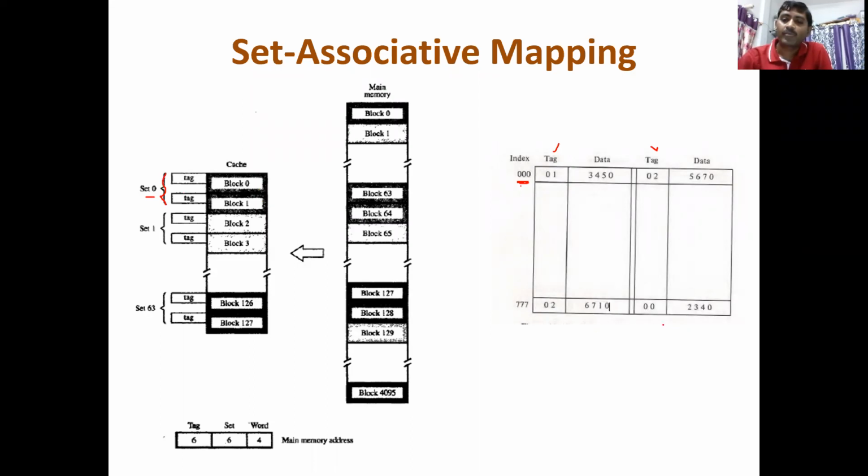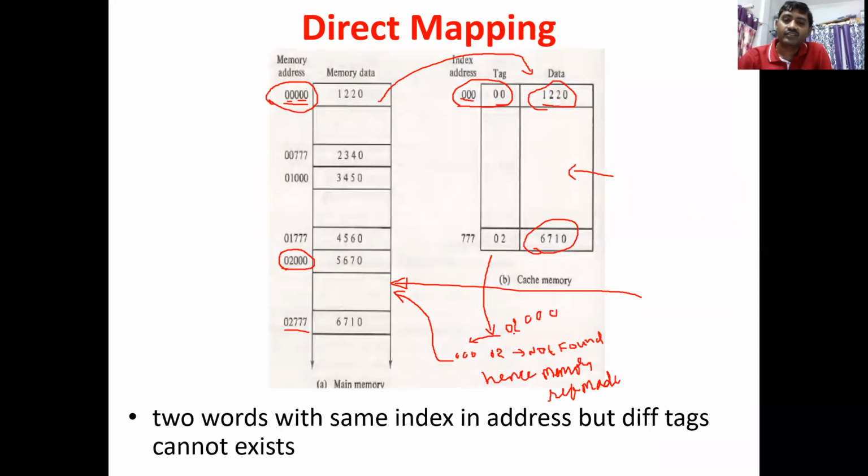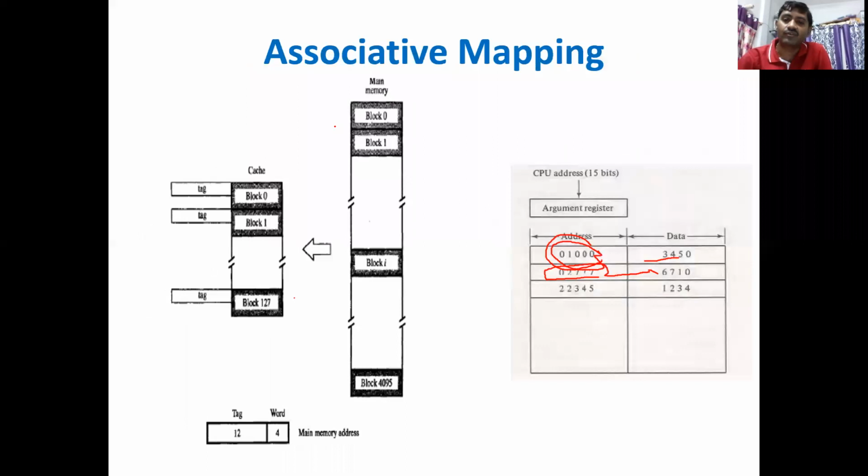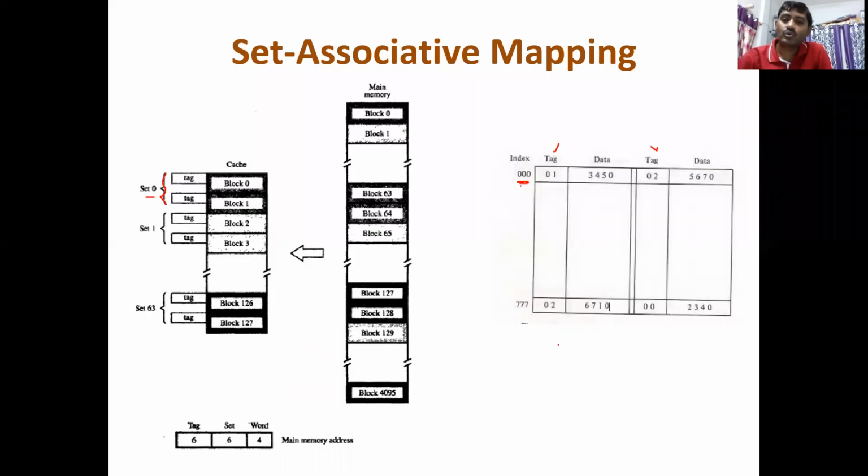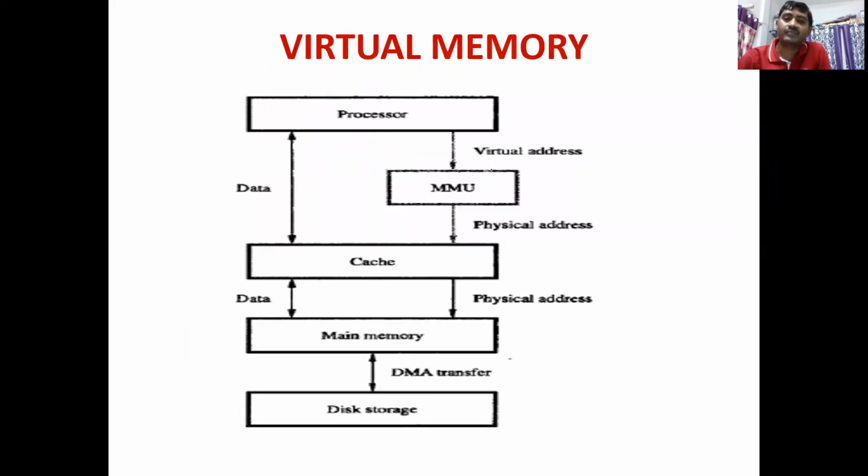So here, in the previous example, we are looking at 0, 2, 0, 0 and 0, 0, 0, 0. 0, 2, 0, 0, 0, 2, 0, 0 and 0, 1, 0, 0. That will be the case. This is one case. In this way, the set associative that we are using. So this is what a cache memory is.